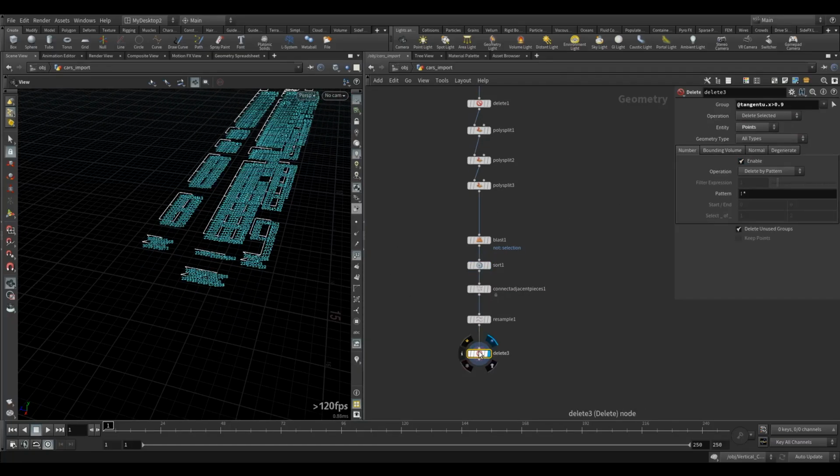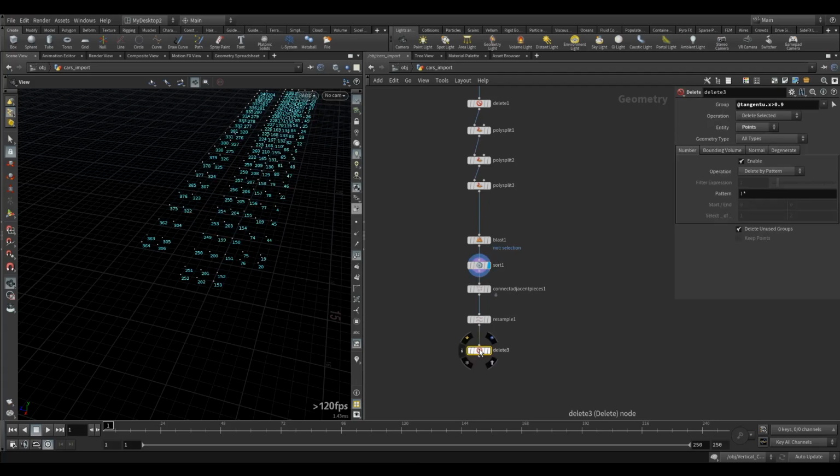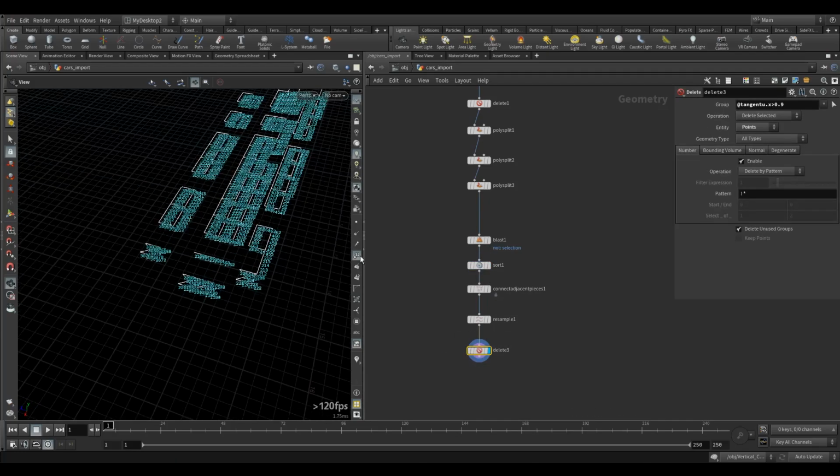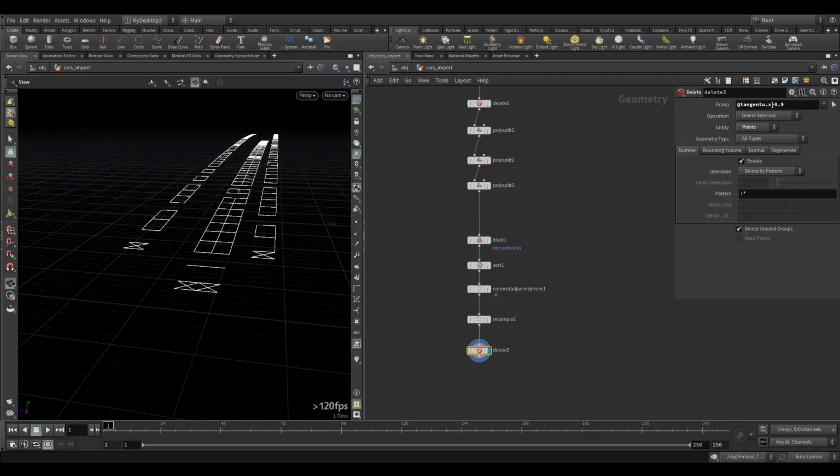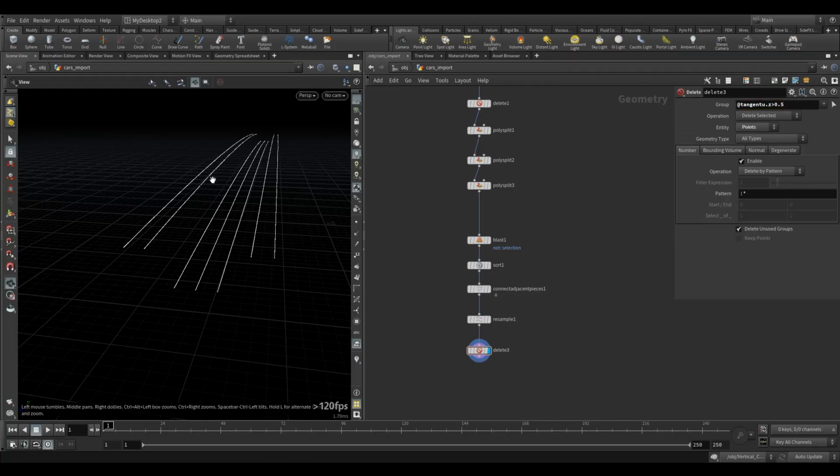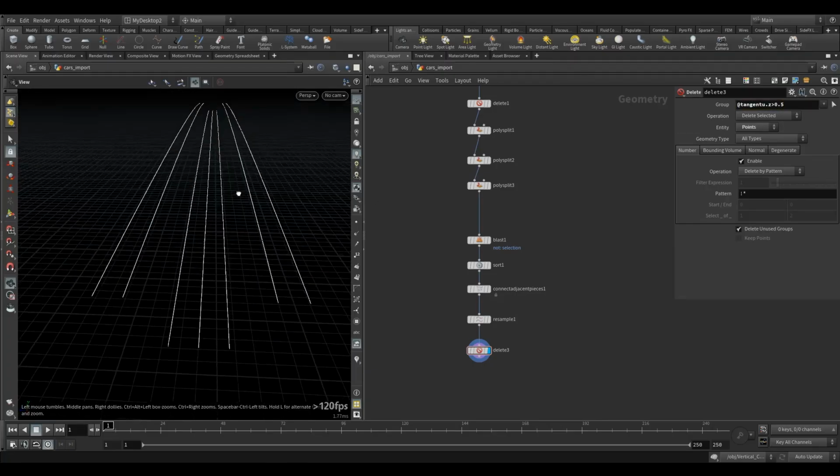Okay, and then come down here to this final delete. Get rid of that, and set this to by Z. Okay, so you can see we're getting closer now. And then more than, and then just bring this value down to 0.5. And there we go. Finally, so we've got the